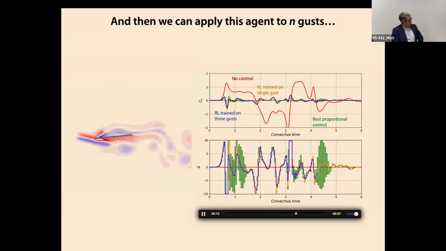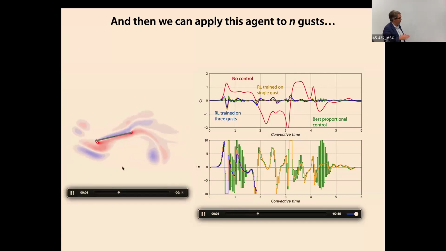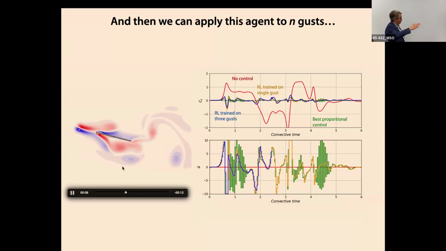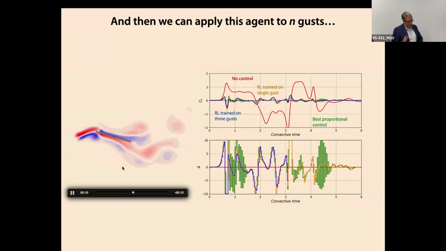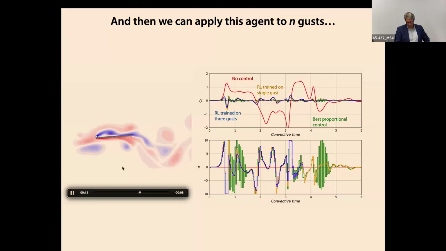The yellow and the blue are what the reinforcement learning learned to do. It found a much smoother trajectory to follow, and the lift is actually better. It gets very low lift in that case. What it's learning how to do is pretty simple. It's learning how to slalom between the vortices that are hitting the wing and minimize the lift that way. It's a pretty simple thing in the end.